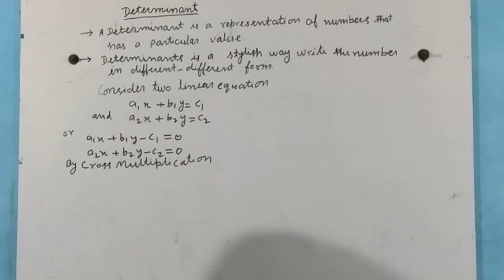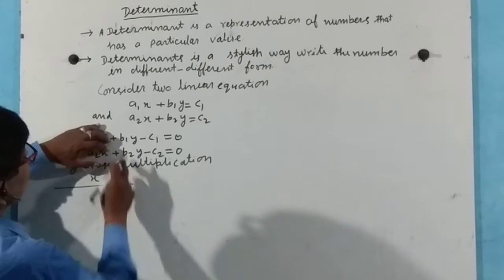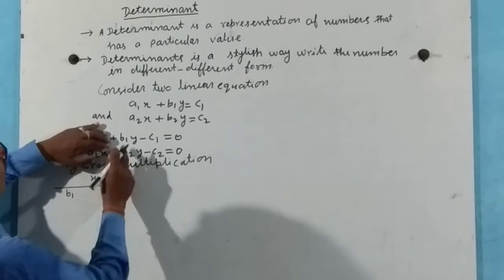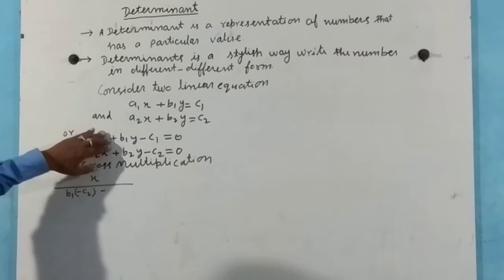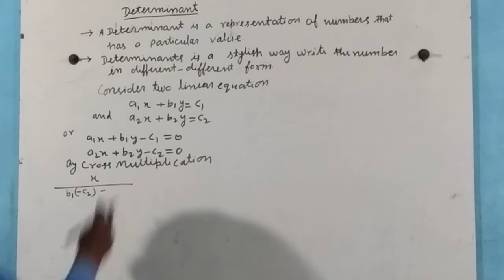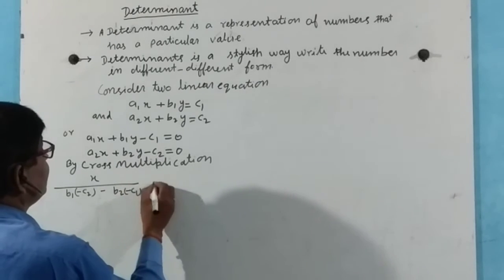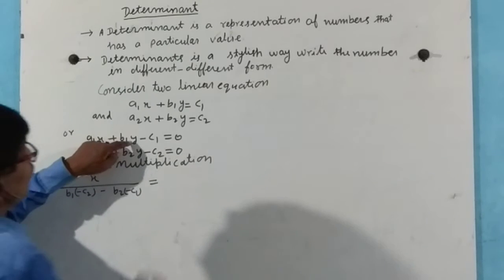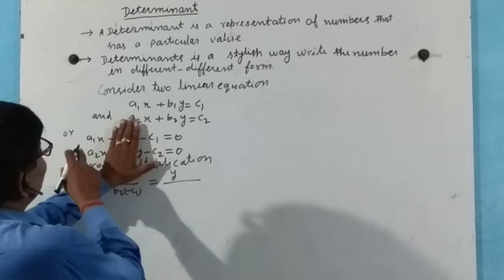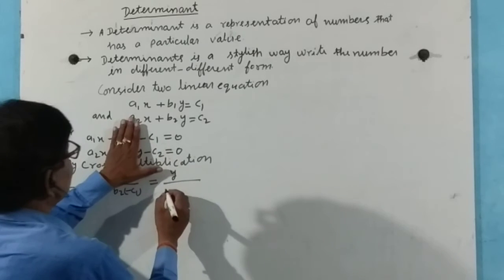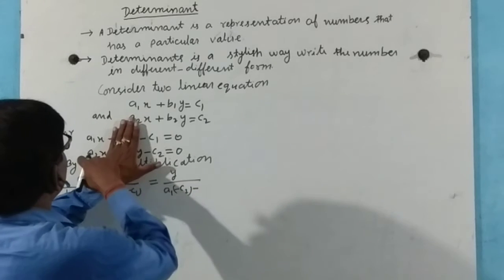here x by b1 into minus c2 minus b2 into minus c1, equal to y by a1 into minus c2 minus a2 into minus c1,